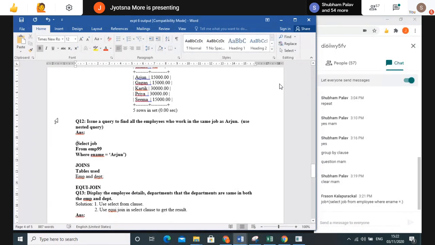Fine. Correct. Now I have to find out the other employees whose job is the same as Arjun's job. So, job is equal to, that is correct. So I will also write job is equal to, for matching with this result. Before this, what do we require to find out? We require the employees.